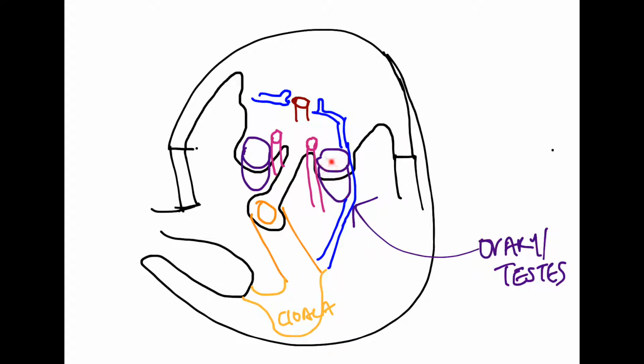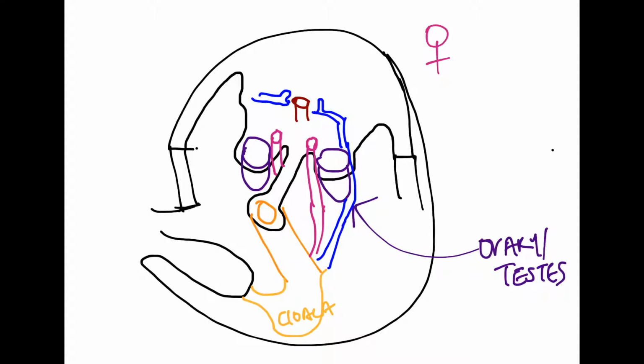paramesonephros next to the ovary or the testes. Now the paramesonephros also comes down into the cloaca like this on both sides. I'm just going to draw one side to show. Okay, so now that we have got this down, if we make a female,